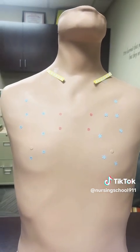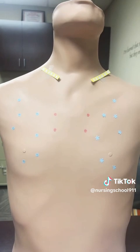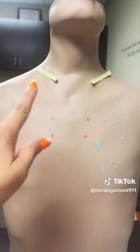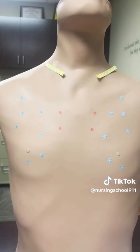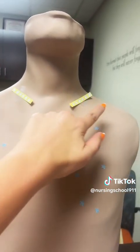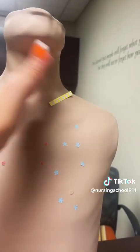Okay, so this is, we're going to call him chest. And so I have markings. I don't have my stethoscope with me, but I have markings of where you're going to hear the three main types of normal breath sounds. Okay, these are normal. So up here at the top where the yellow strips are, these represent the larger airways